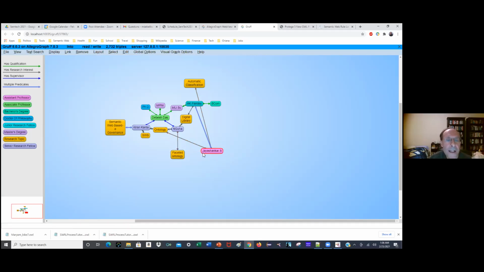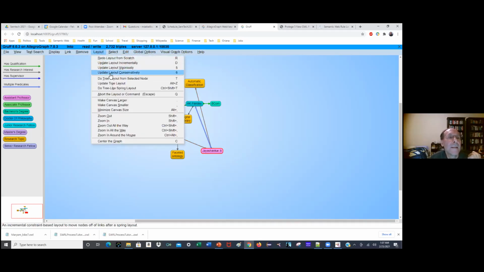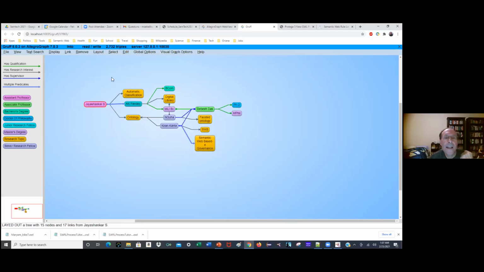And another thing I can do is I can click here and say, do the tree layout from the selected node. And I'm going to try one more thing. I can click on any two nodes. So I'm going to click on this and say,